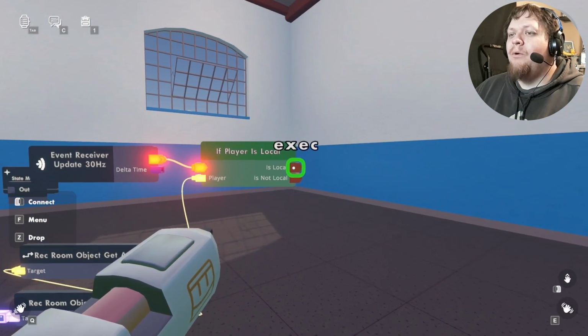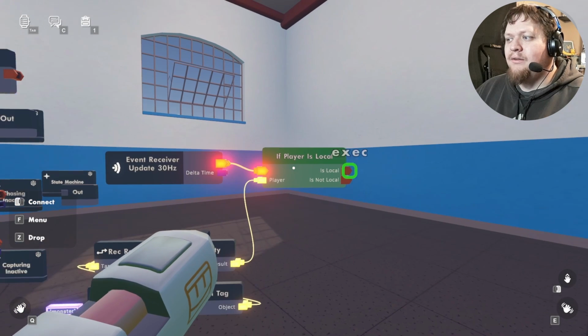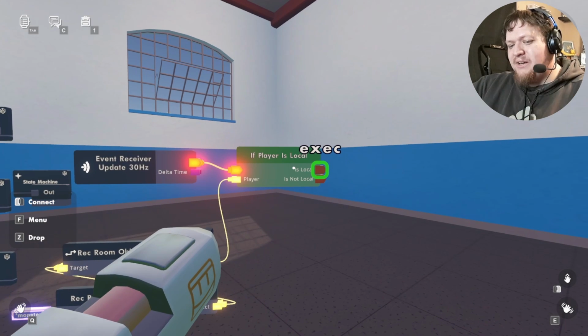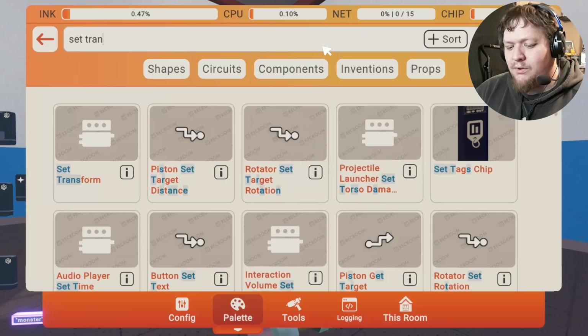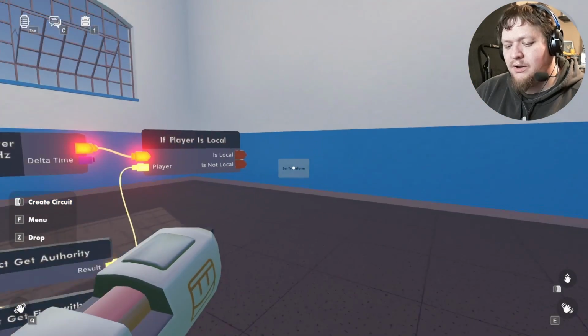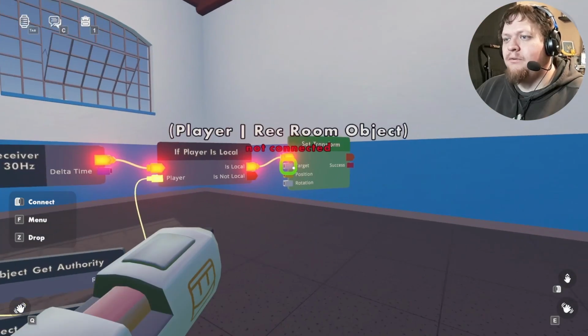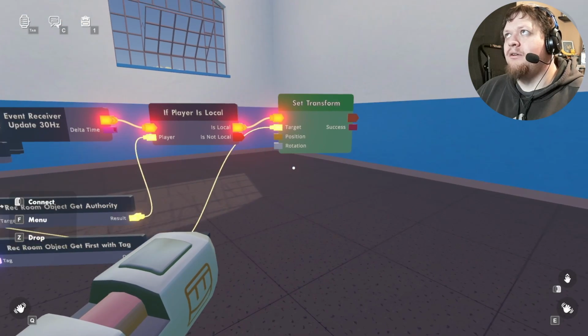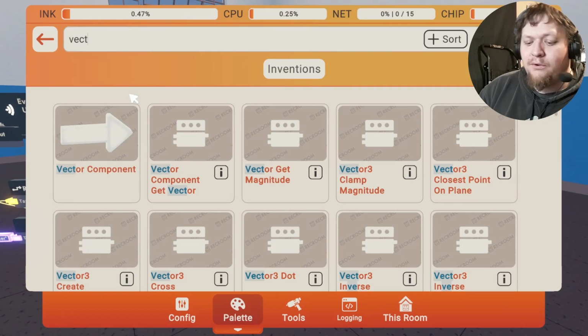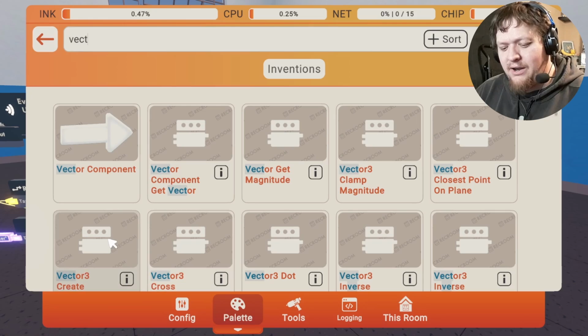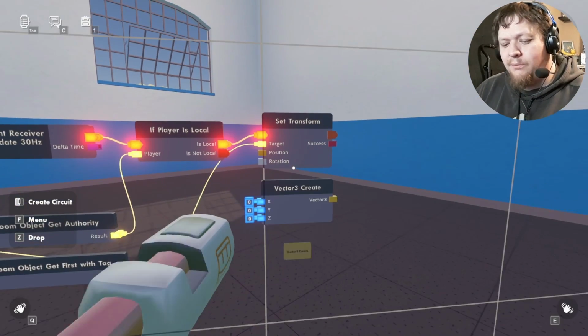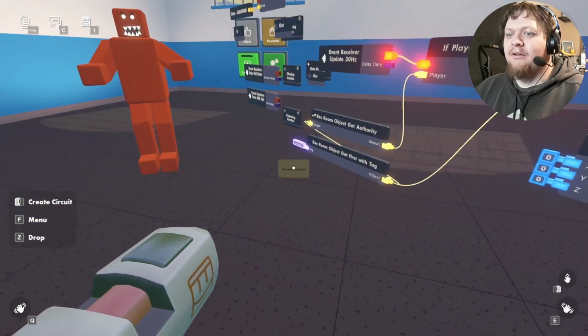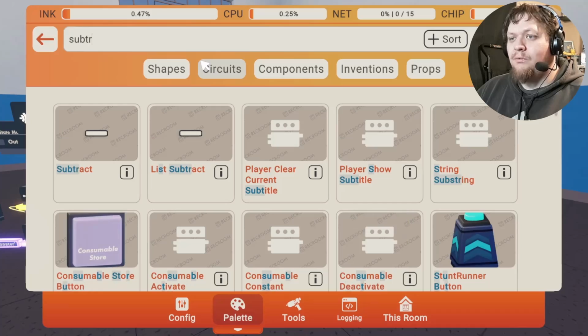So now after that, what I want it to do is go toward a specified position. We want to do a set transform. We want the target to be our monster. The position we want it to go to, I'm just going to do as a placeholder for now. Let's just create a vector, but we will be replacing it with something else that gets chosen. Then we would want to